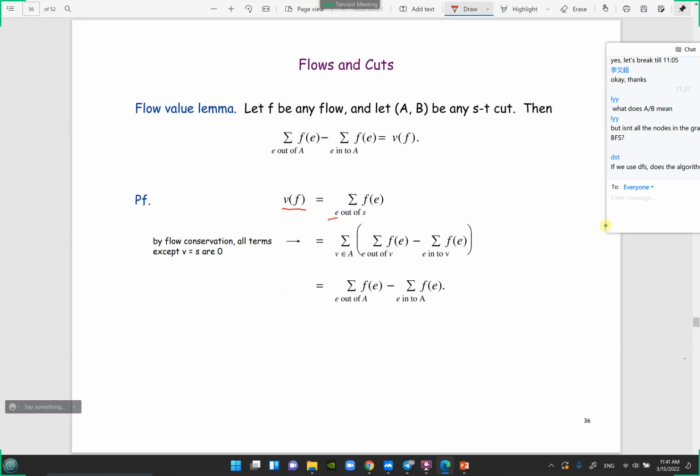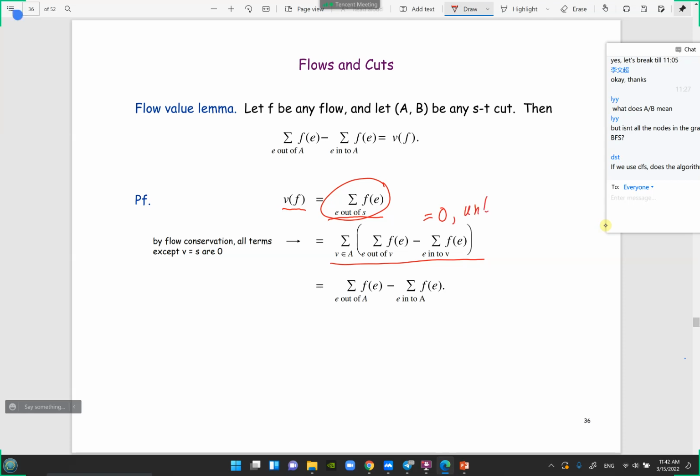It's defined to be the amount of flow going out from S. Now we claim that this is equal to this expression over here, where we sum over all of the nodes V in A how much flow is going out of V minus how much flow is coming into V. And now the point is that all of these terms are equal to 0,